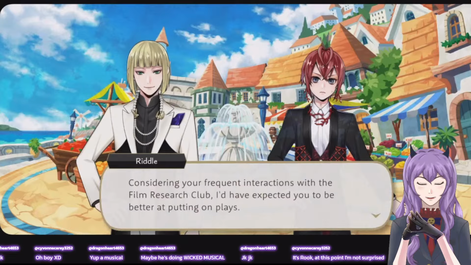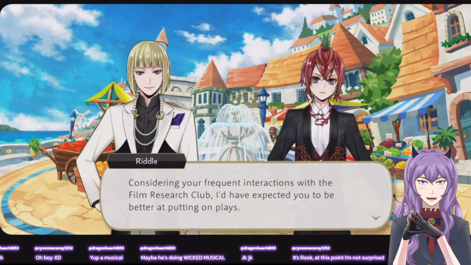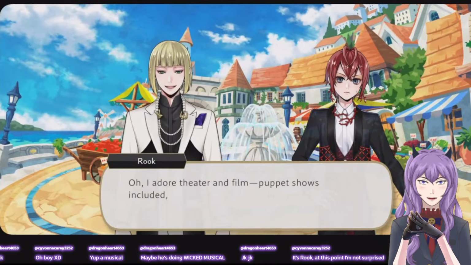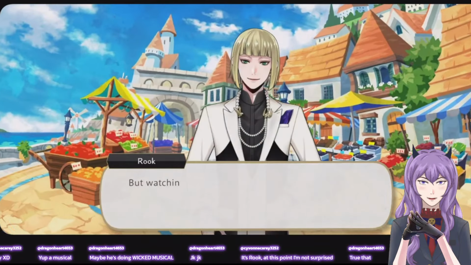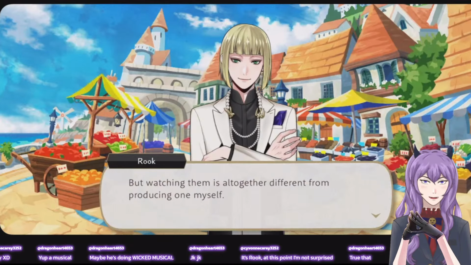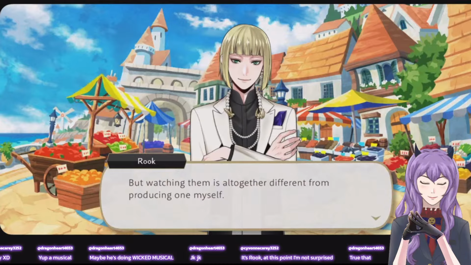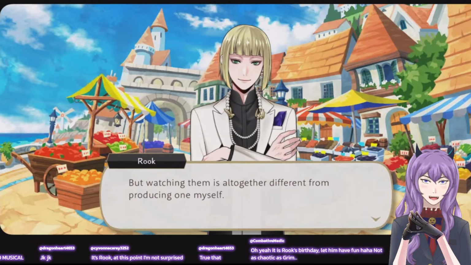Like, to be better at putting on plays. Wow. Okay, I think it's kind of interesting that he is a big fan of movies, theater, musicals, performances.